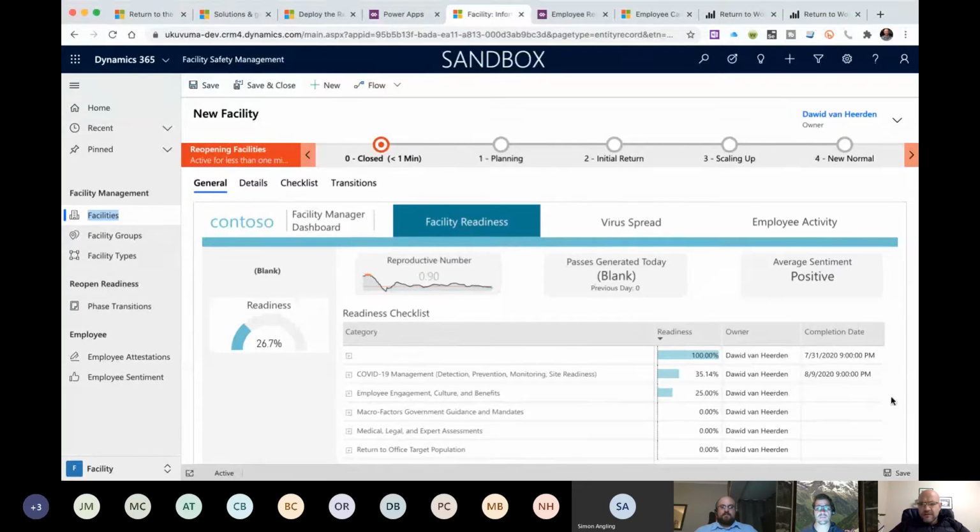On the first tab, you've got the integration done with Power BI. This is actually pulling one of the Power BI reports and embedding it in the Canvas app, in the model-driven app, which is very, very cool. And the idea is, this is a brand new facility that we're setting up, so it's not going to have too much data assigned to it. But if you have an existing facility and open it up, the first thing it's going to do is show you data associated with that facility from a Power BI report. So that's very, very cool.